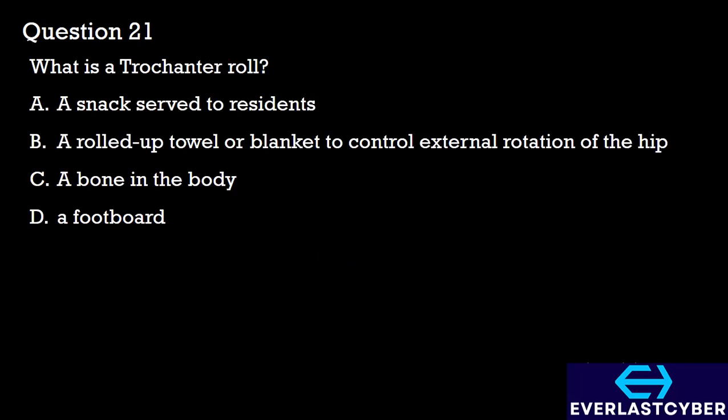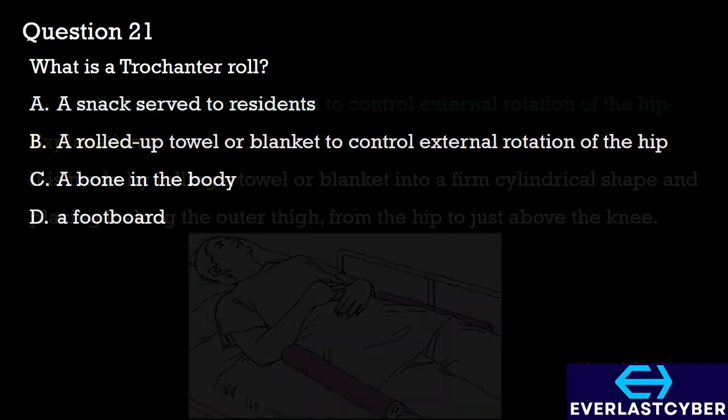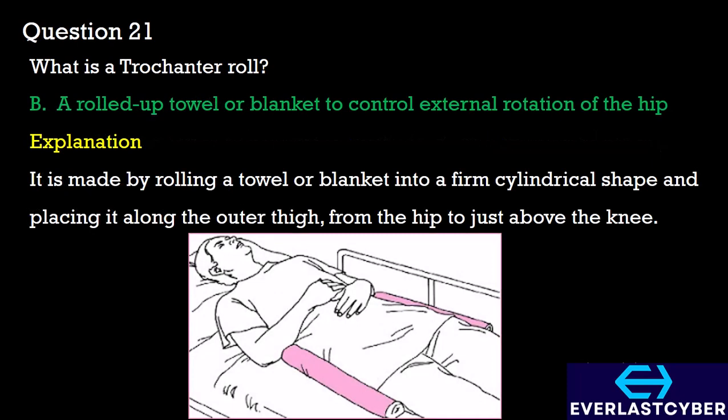Question 21. What is a trochanter roll? A. A snack served to residents. B. A rolled up towel or blanket to control external rotation of the hip. C. A bone in the body. D. A footboard. A trochanter roll is a supportive tool used in healthcare settings to maintain proper body alignment and